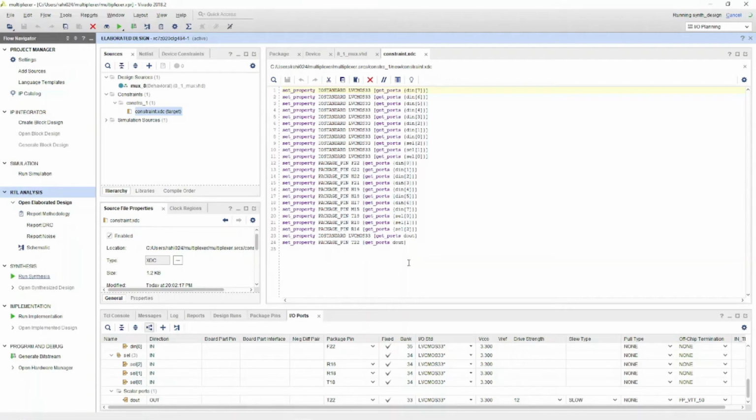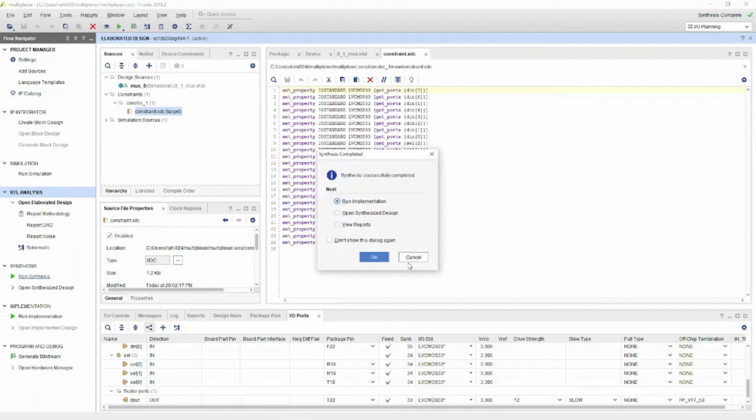But let's do it step by step. Just be patient. Same steps go for every circuit. I mean, you can program any circuit, guys, by using the same procedure. You can map the HDMI port, you can map the USB port, you can map the PMODs, and you can map the other ports which are present on the board. Depending on the board, some are having more, some are having fewer ports. So you can see this synthesis is also done successfully.